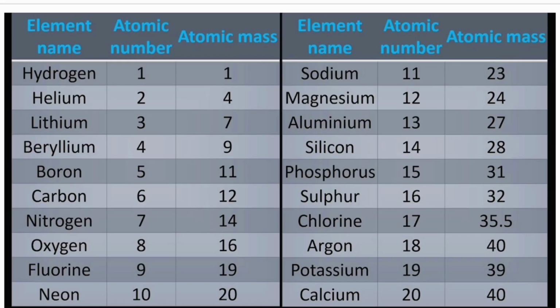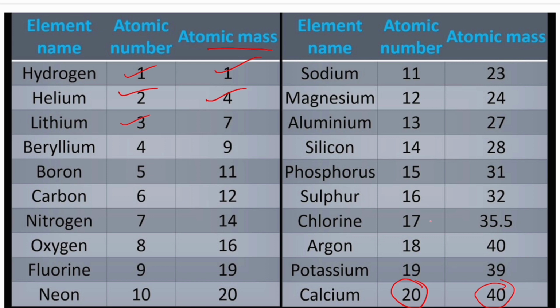The next thing is the table given here. We have in the last chapter itself studied about atomic mass. Just to revise, hydrogen atomic number is 1, atomic mass is 1. Similarly, helium atomic number is 2. 2 atomic number means the number of protons is 2. Atomic mass is 4. Lithium is atomic number 3. Like that, it's the table given here regarding atomic mass and atomic number. Calcium atomic number is 20, while the atomic mass is 40.